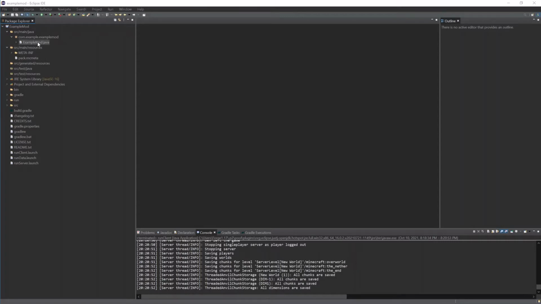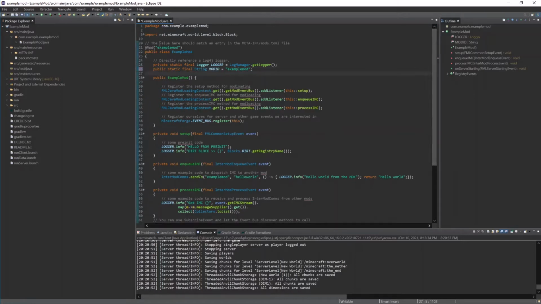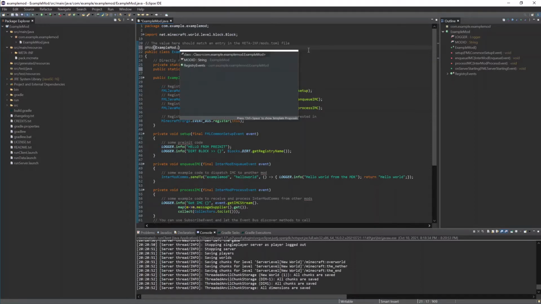First, open your example mod class file and create a new string for our mod ID: public static final String MOD_ID equals to "examplemod". Now we will change this to our string ExampleMod.MOD_ID,